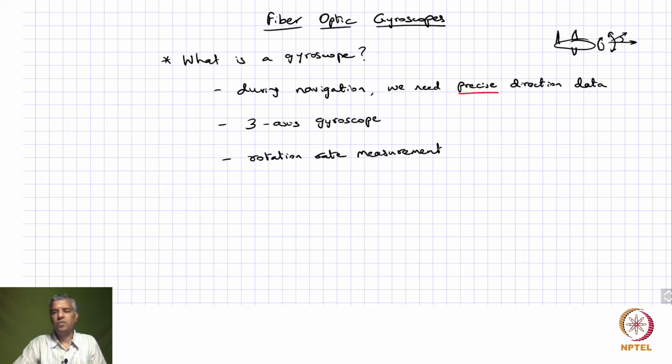And so for example, if you are looking at commercial aircraft, right? So if you want to fly from one place to another, the typical precision that you need in your direction information is in the order of